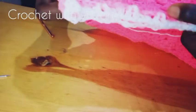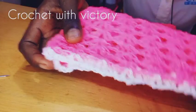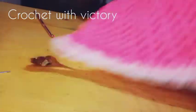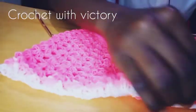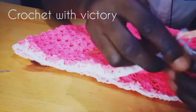It has to leave this rim, like kind of a line. That's what it puts there because of the back post we did. So this is the way the design is looking. So we are going on the last row. But before I do that, let me show you